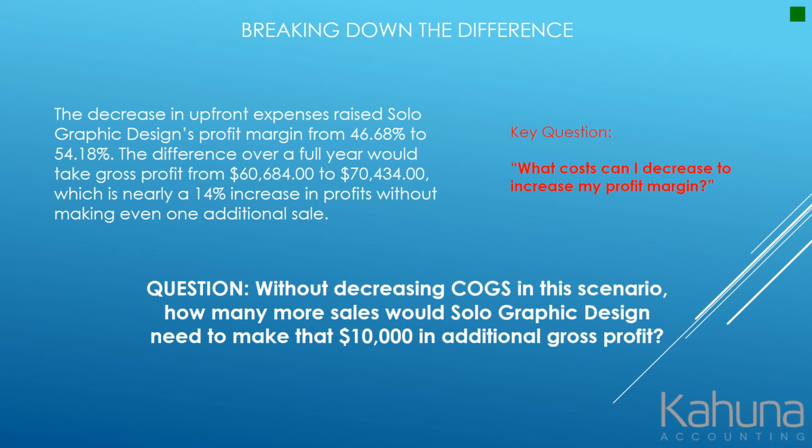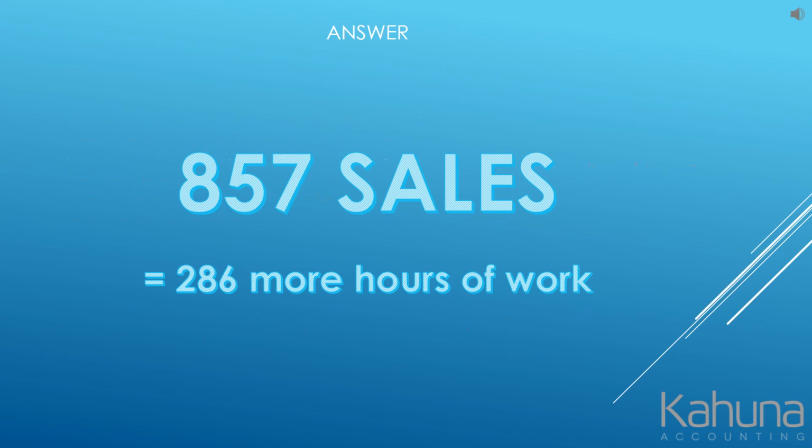And now we reach our final question. So without decreasing the cost of goods sold in this scenario that we just went through, Solo Graphic Design Company, how many additional sales would Solo Graphic Design need to make that $10,000 in additional gross profit that they made by just lowering their costs? 857 sales would be needed to make up that $10,000 that was created just by lowering the cost from that